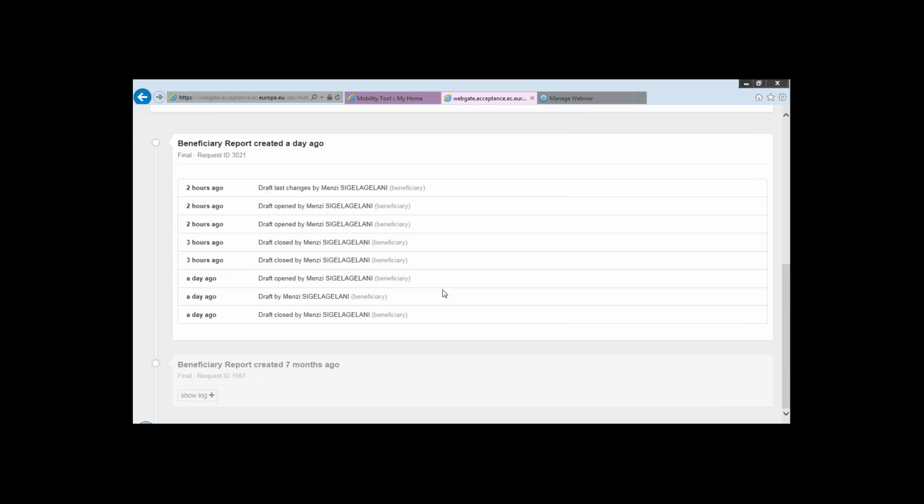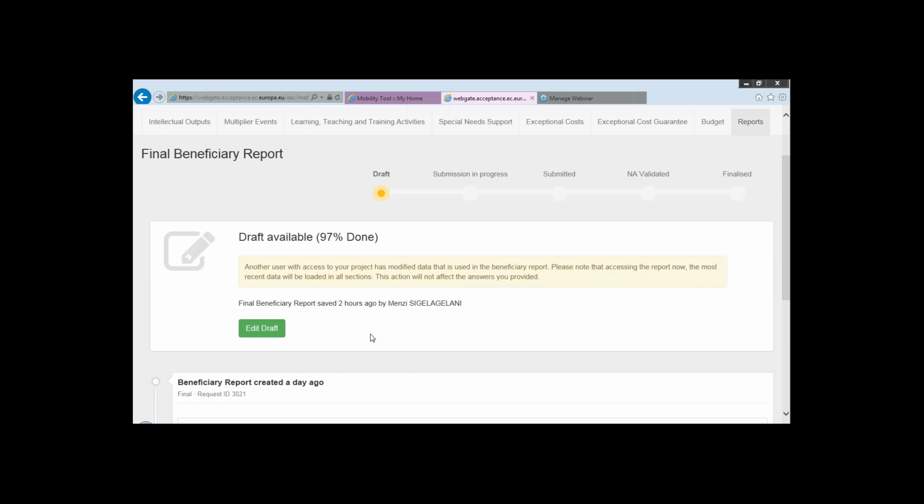It's also quite interesting, and you'll see here in our test example that we've already created a draft report. In fact, if you were to come to this new, you would see a slightly different view, and you would have a button here which would say to create the final report. As it's already been created, you'll see a draft available. It's telling us there's 97% of that report already completed. The button that we've got available is to edit. And you'll see along the top here,